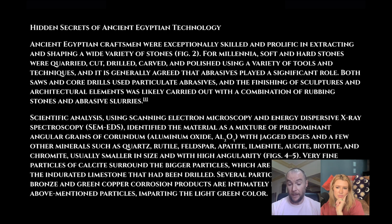Scientific analysis using scanning electron microscopy and energy-dispersive X-ray spectroscopy identified the slurry material as a predominant mixture of angular grains of corundum, aluminum oxide, which is also found all over Egypt, aluminum being a very, very hard metal. And we've already talked about aluminum being present in the chemical analysis of the red pyramid staining and in the coating compound that was applied to the inside of the red pyramid,